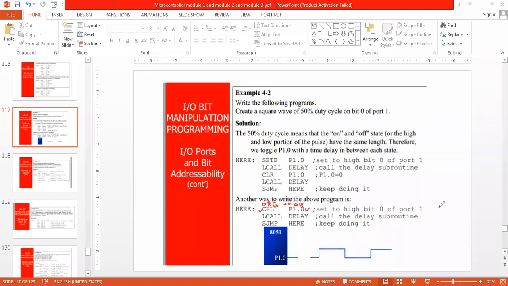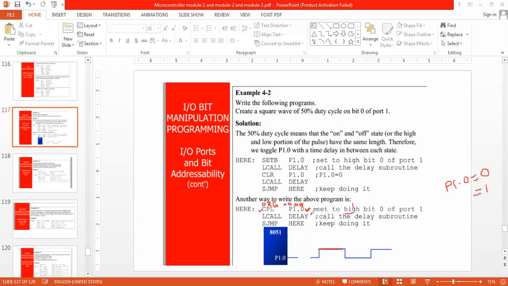As it is already an output port, now what I am doing is complementing P1.0. As it was already 0, it was equal to 0, so it is an output port. Now when it is an output port, I am sending high. I am sending the complement, so I am making it 1 now. It means I am sending 1.